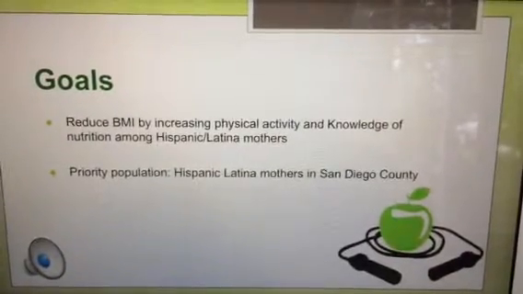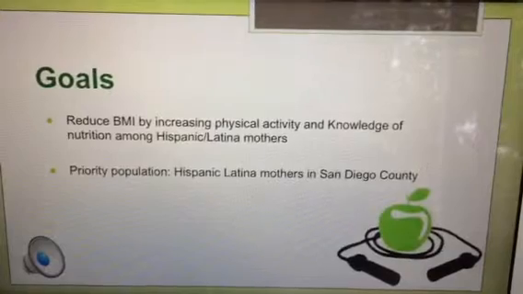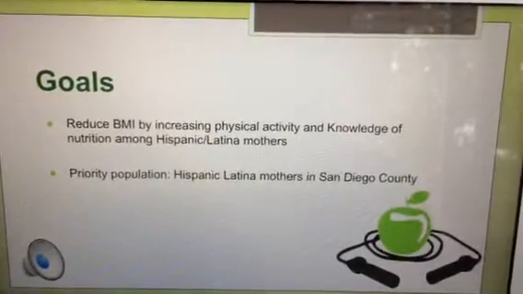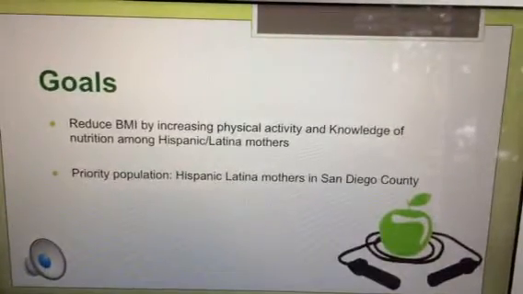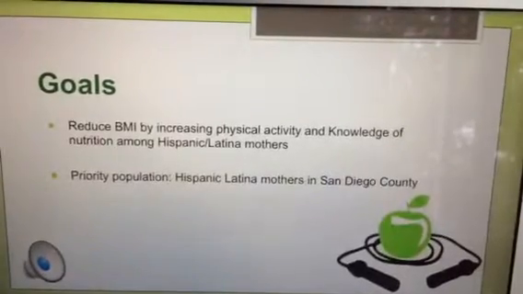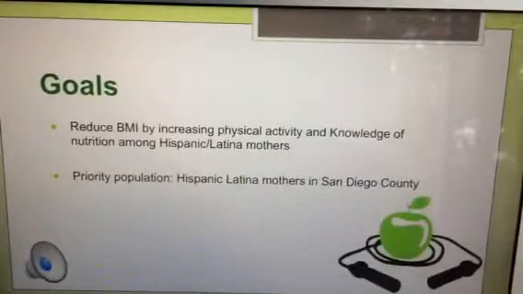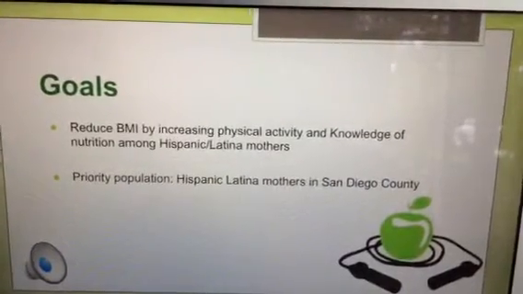intervention that focuses on educating our participants to become more knowledgeable about healthier food choices, also increasing physical activity by identifying and overcoming barriers. Our evaluation questions are: